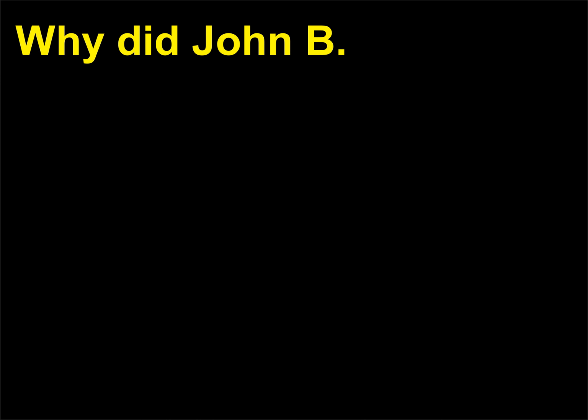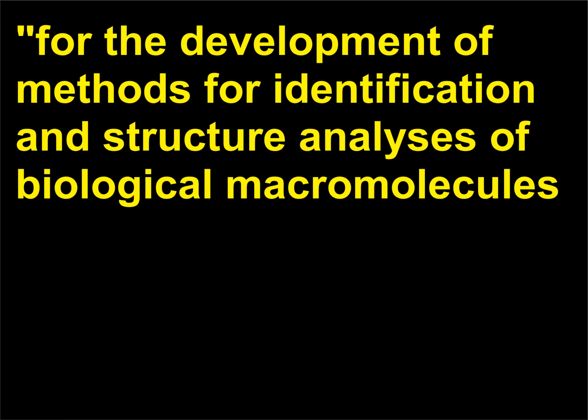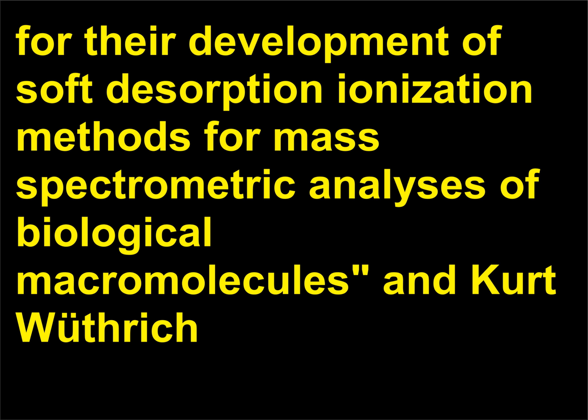Why did John B. Fenn, United States, and Koichi Tanaka, Japan, win the Nobel Prize for Chemistry? For the development of methods for identification and structure analyses of biological macromolecules. For their development of soft desorption ionization methods for mass spectrometric analyses of biological macromolecules, and Kurt Wüthrich,